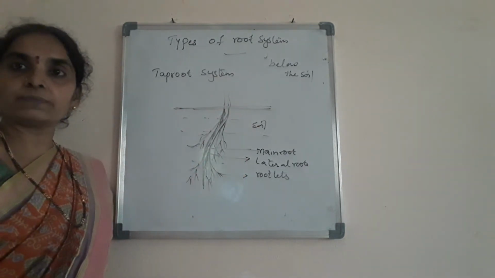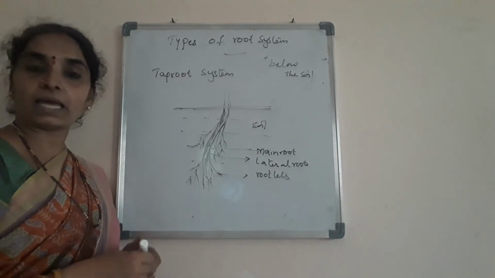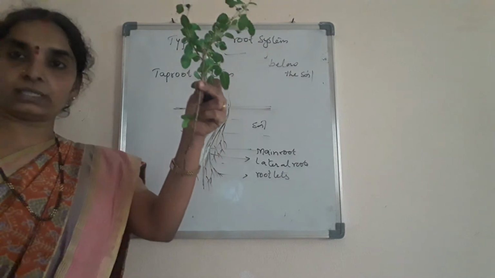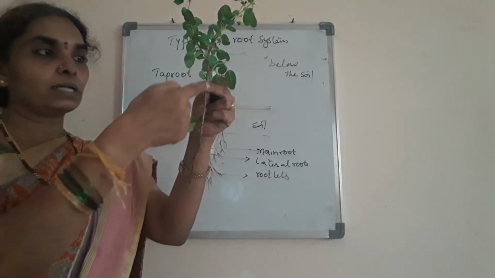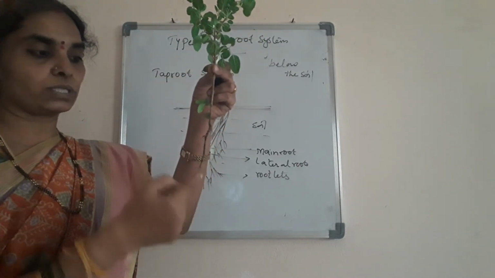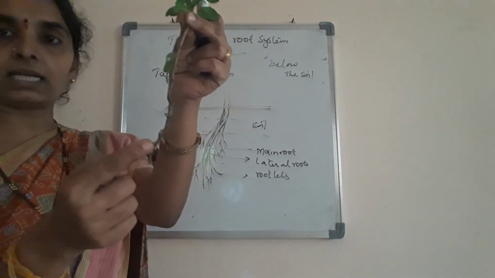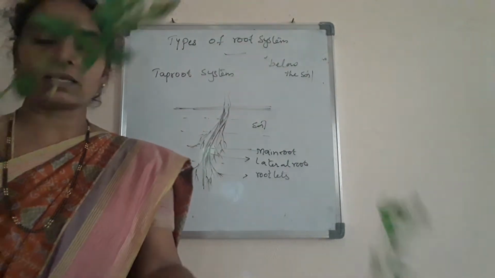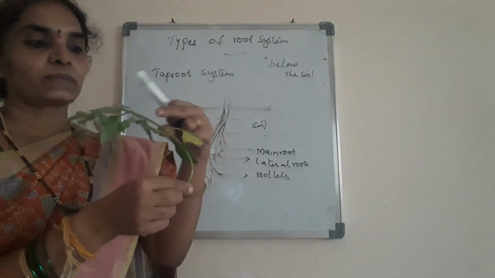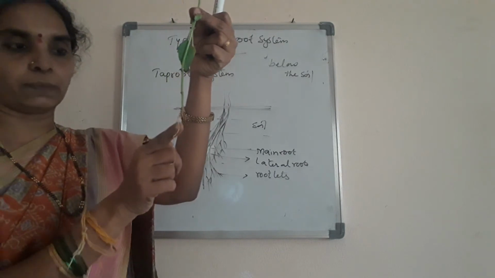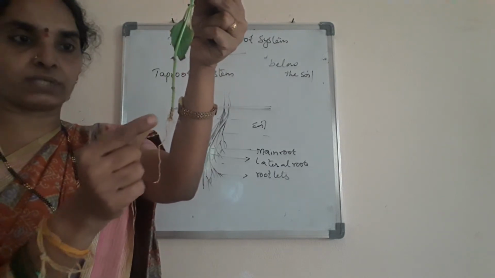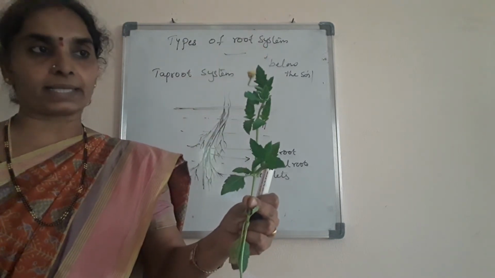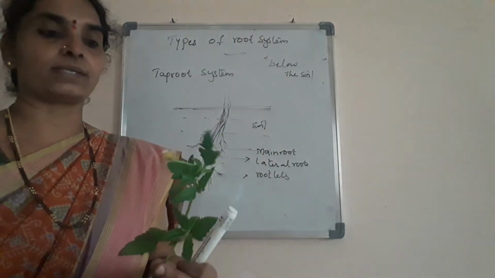The taproot system plants, mainly you have seen the curry leaf plant, it has taproot system. In the observation of these five plants, the tulasi also contains the main root and the lateral roots. You can clearly see this, lateral roots. Is it clear, children? So this is the Tridax. It also contains the taproot system. See here, main root, over that it contains the lateral roots and the rootlets over the lateral roots. So this is the Tridax, which contains the taproot system.